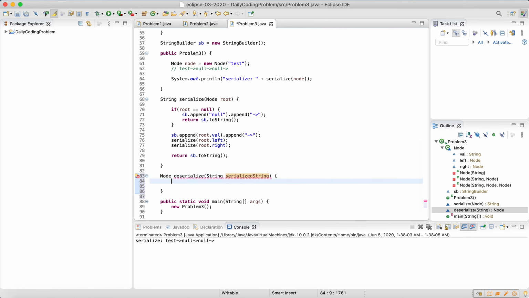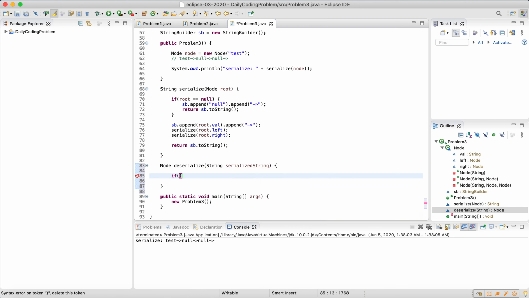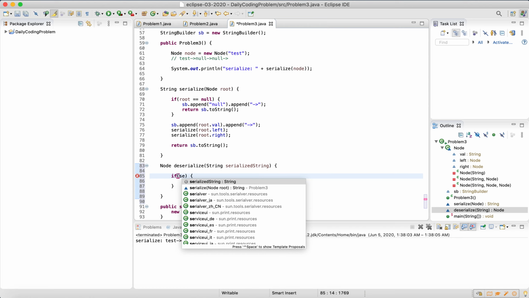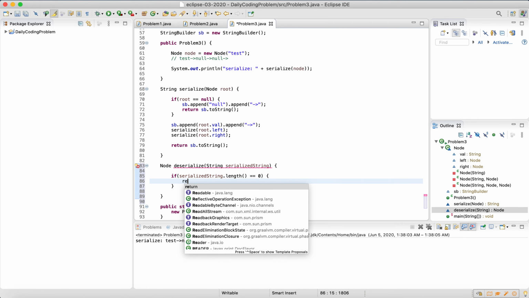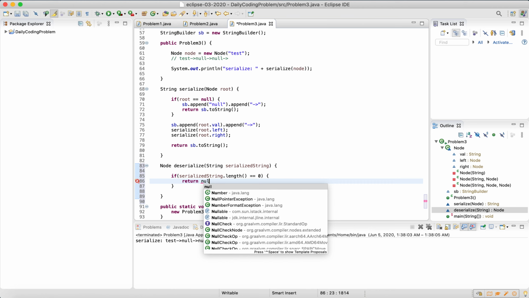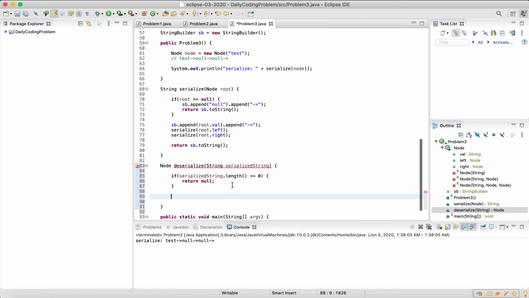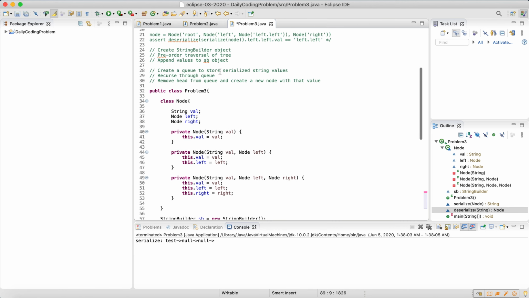All right, that'll work. So first, let's do just some defensive programming here, and say that if this has a length of 0, then we return null. Now if it is not, we need to go ahead and, again, we're creating our queue and we're storing